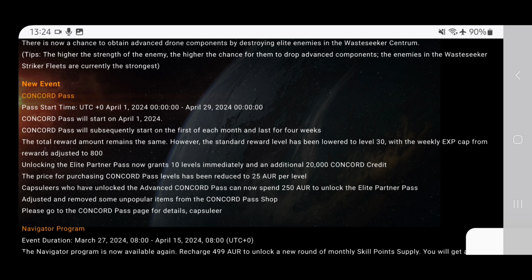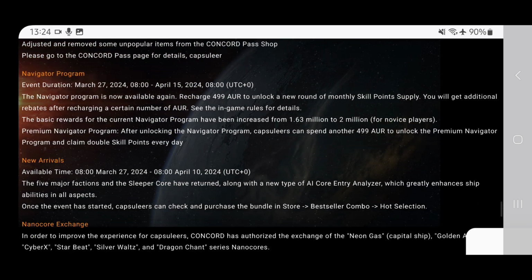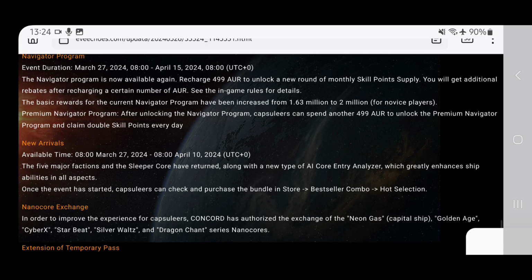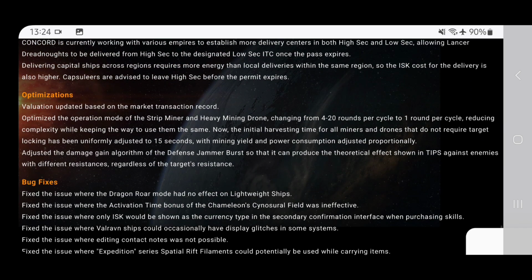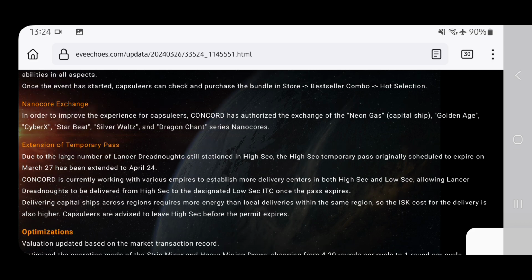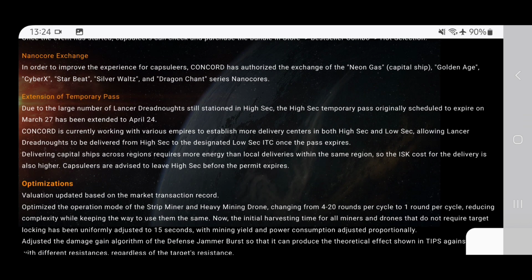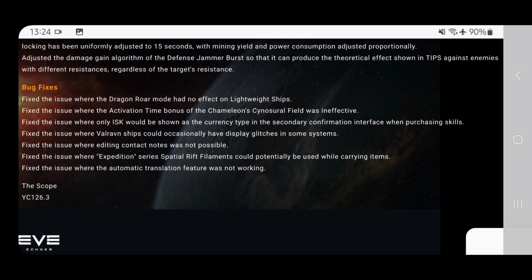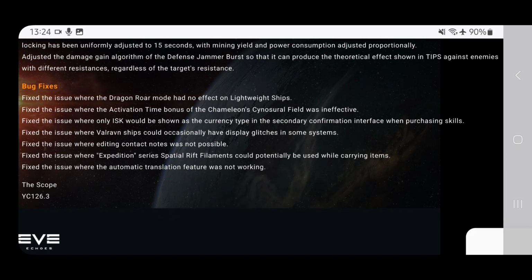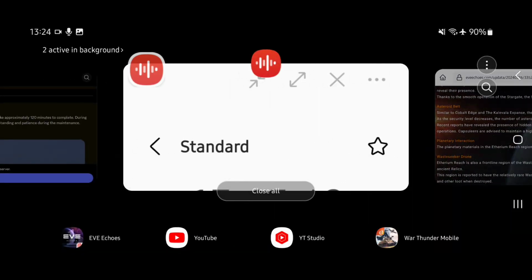Alright, that's good. And then there's the new Concord Pass that's also going to be out. Navigator program. Things that I usually don't pay much attention to because they're not as important. Now, what is this? Bug fixes. Okay, well, that's good to know that some bugs have been solved there. So, let me